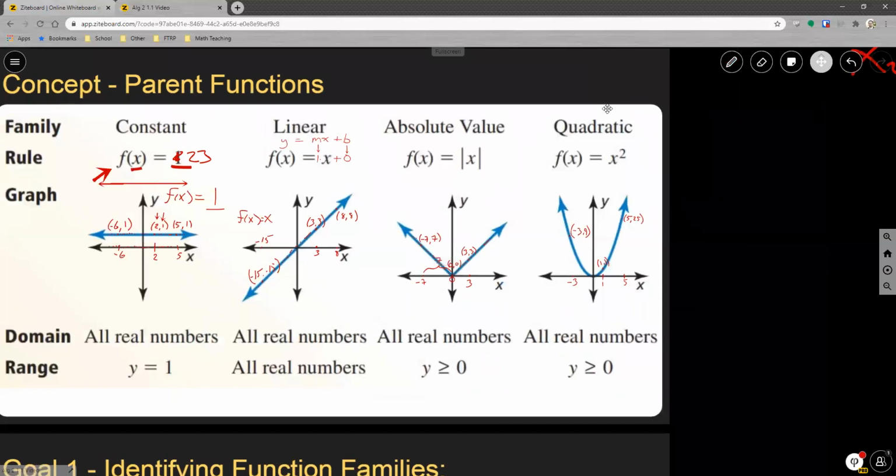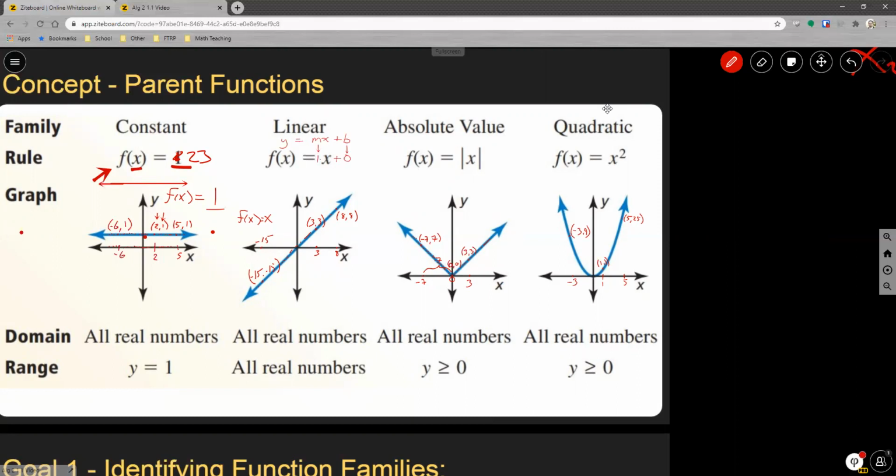We also have the domains and the ranges. For constant functions, the domain can be any x value. I could plug in -300 billion, I could plug in +1 million, I could plug in 0, it doesn't really matter. Any input will work, and my range is always going to be a constant value because the y value is always the same when we have a constant function, so that y value is going to be 1 for